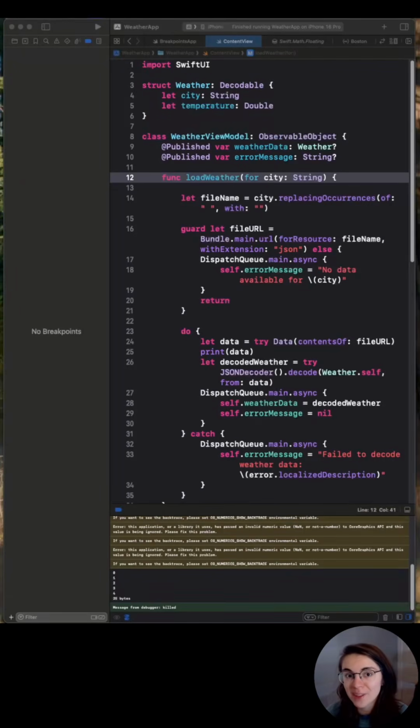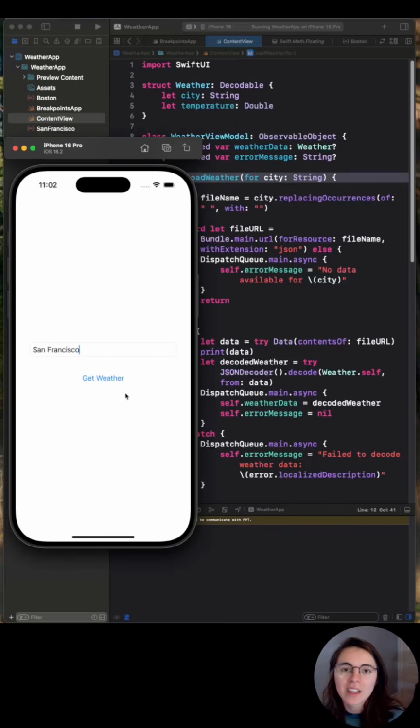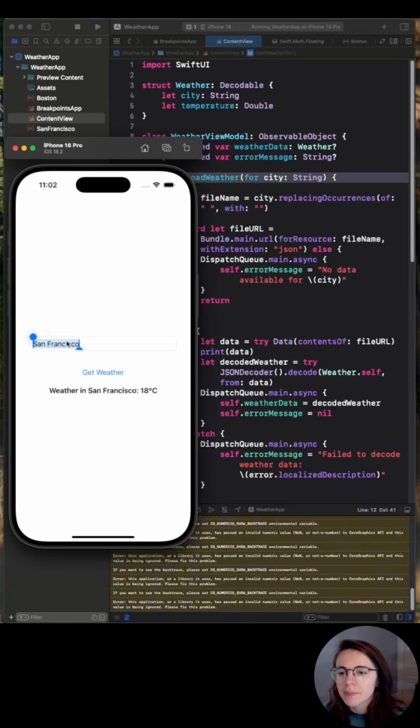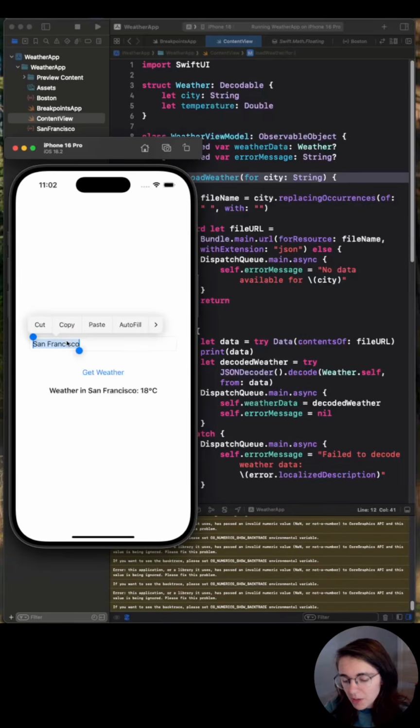Let's talk about breakpoints. What you're looking at in Xcode is an example of a weather application. I'm going to go ahead and run it and show you what it does. If I type in a location like San Francisco and hit get weather, I should get the weather for San Francisco. However, if I type in a location like Boston, I don't currently have a temperature for Boston, so I'm